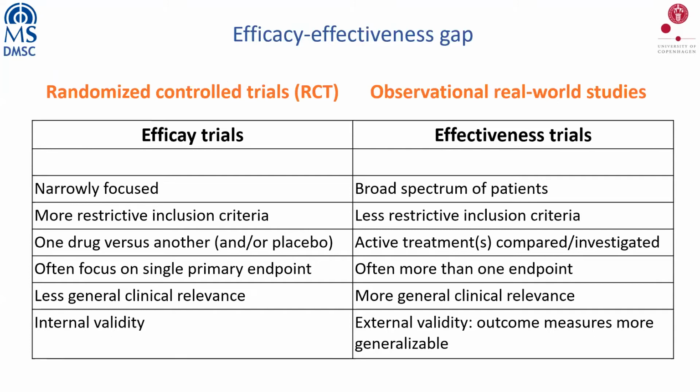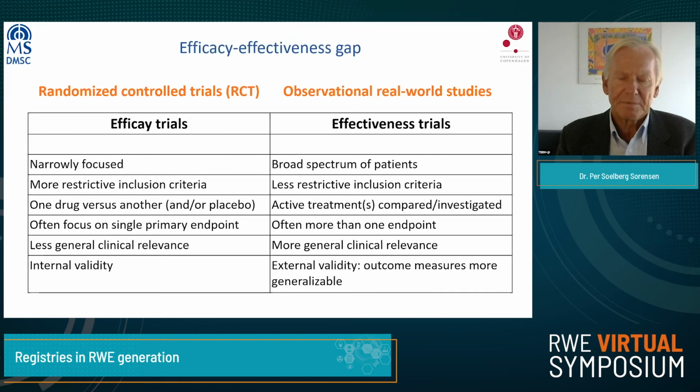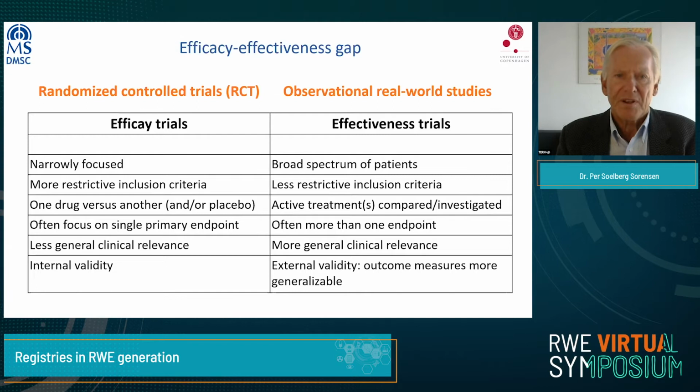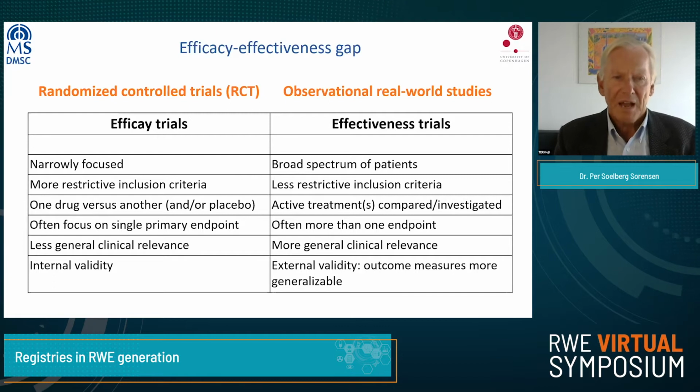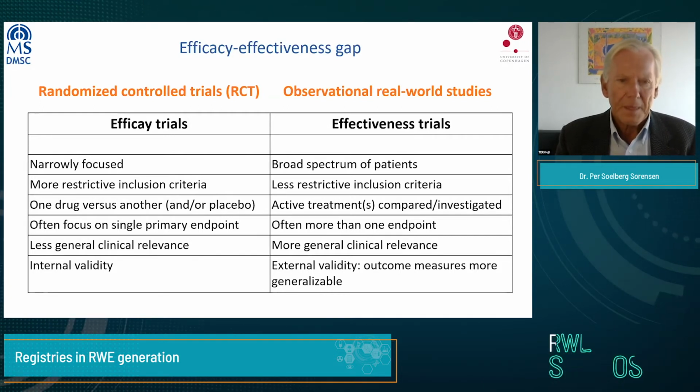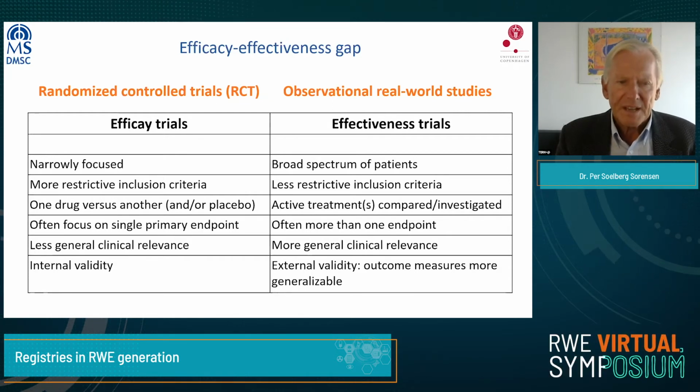We sometimes speak of the efficacy-effectiveness gap. In fact, when we are looking at randomized controlled trials, these trials are efficacy trials, whereas the observational real-world studies are effectiveness trials. So the randomized controlled trials are narrowly focused. We have more restrictive inclusion criteria. We're usually testing one drug versus another or placebo. We focus on a single primary endpoint, and therefore the studies have less general clinical relevance, but